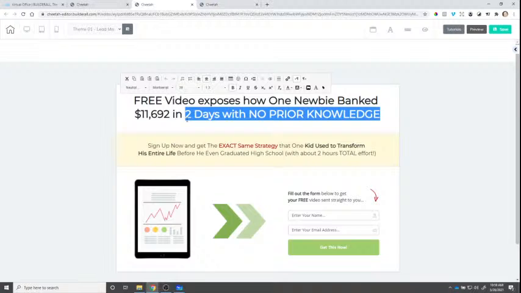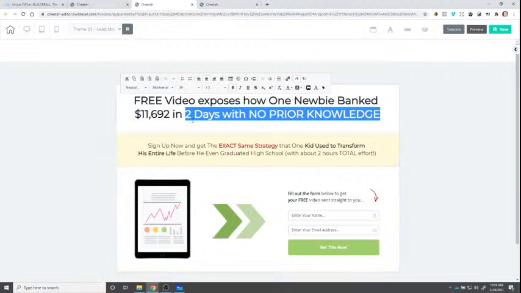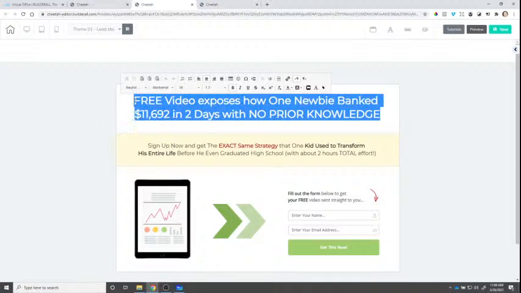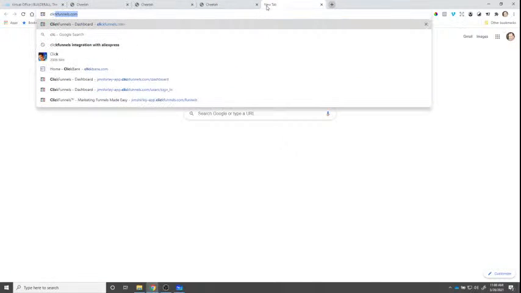So we create the bonus funnel. Now all it really is, is a page, right? Now you can see with their example here, the key is the headline. So why don't we just go over to